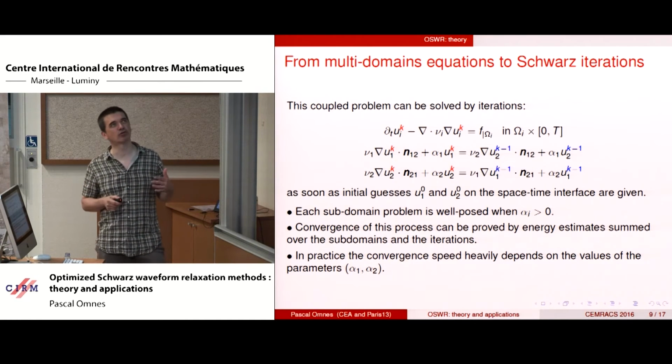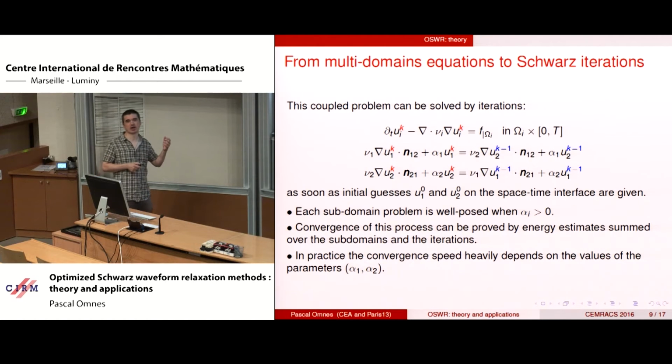Well, but this is, of course, a coupled problem, because you have seen that U1 depends through the boundary conditions on U2, and U2 depends through the boundary conditions on U1. So this is a coupled problem that can be solved through iteration. So at iteration k, you solve your PDE in the domain, and on the interface, for omega 1, you have boundary conditions on U1 that depend at iteration k on what you had from the previous, so from the k minus 1 computation in omega 2.